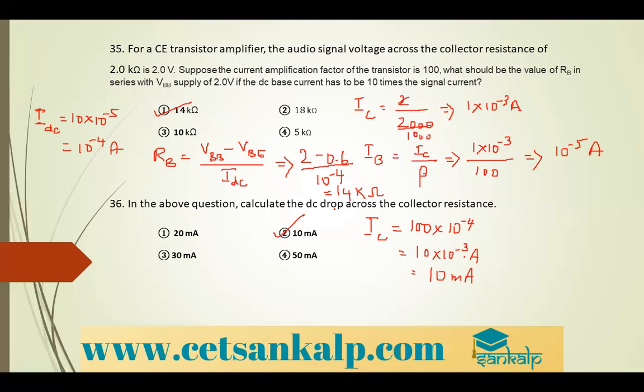Now in the same problem, calculate the DC drop across the collector resistance. It's nothing but IC is equal to 100, IC is equal to 100 into 10 to the power minus 4. That gives 10 milliampere. Okay, that's about that problem. Clear? Next,